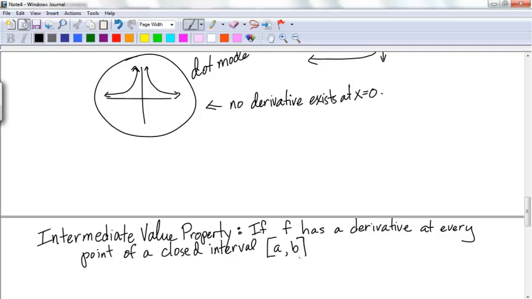If it has a derivative at every point of a closed interval [a, b], then f prime